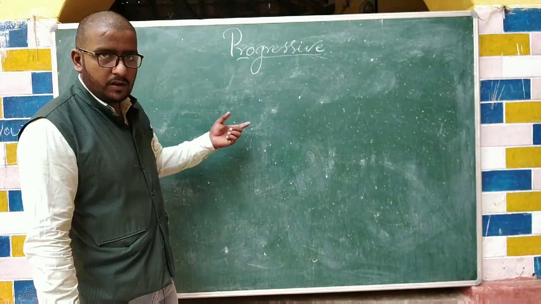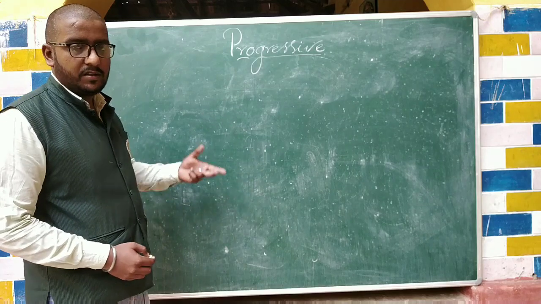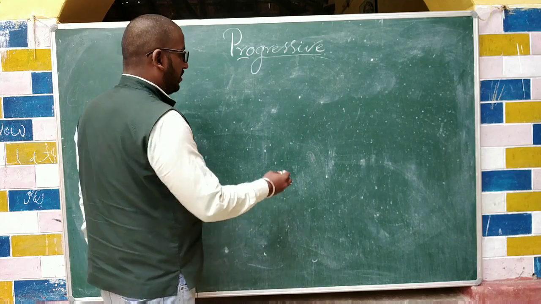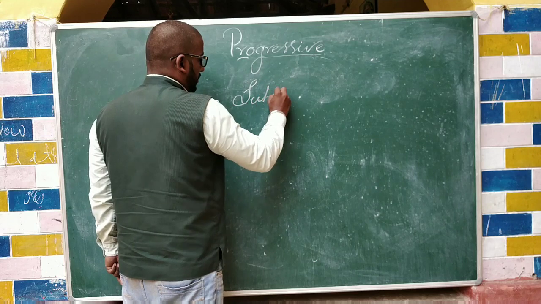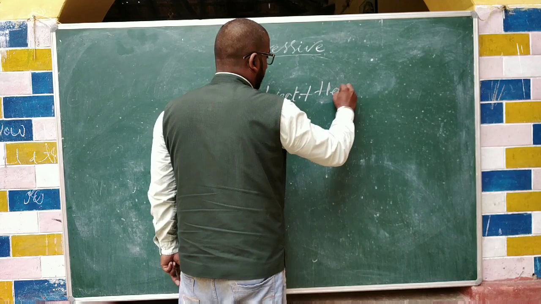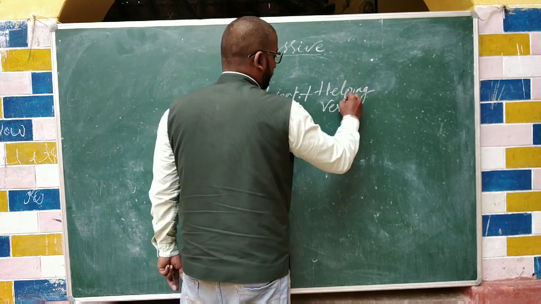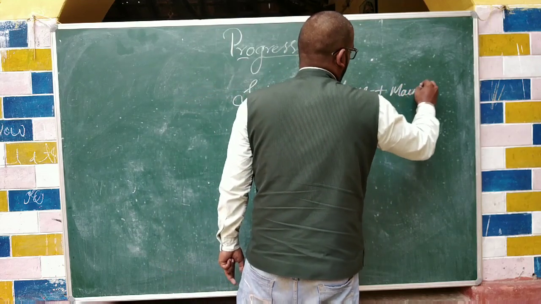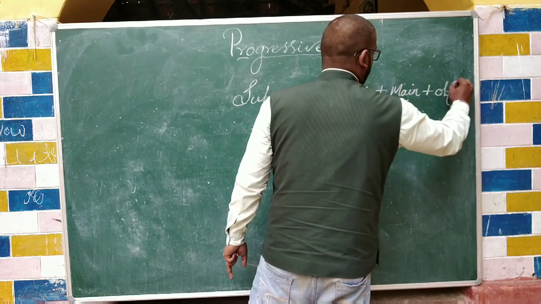Okay, yeah. Understood? So we will be talking about present continuous tense. Present continuous tense. तो सबसे पहले इसका हम स्ट्रक्चर देख लेते हैं. So you know it very well. We need subject plus the helping verb, or you can name it as auxiliary verb also, plus main verb, and you can add an object.